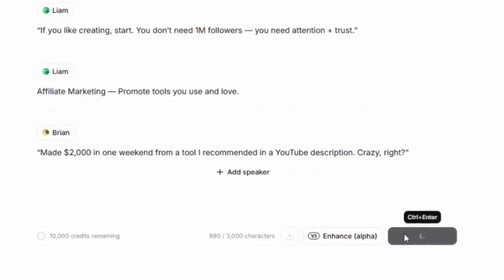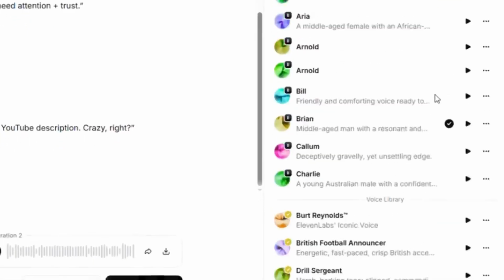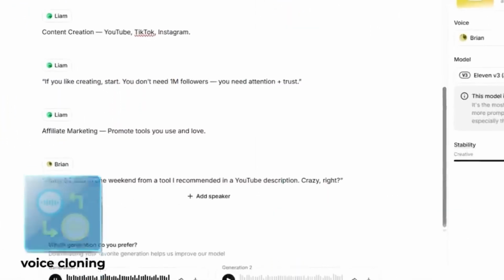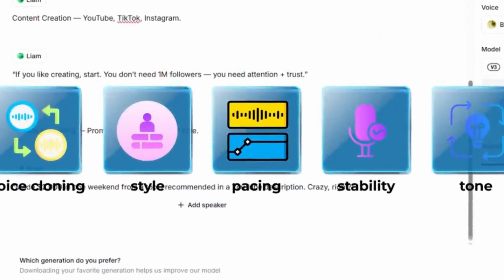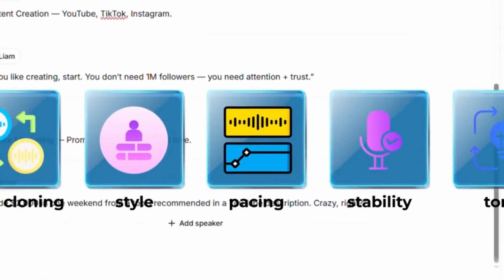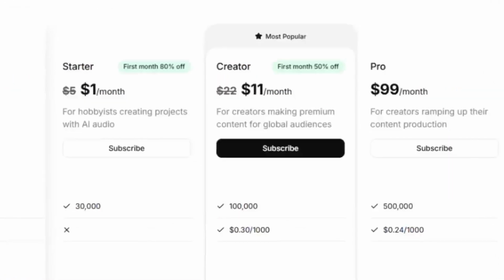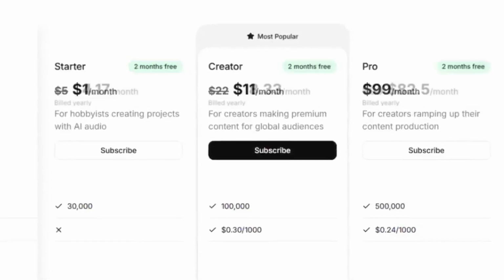Also remember, you can change your voice anytime. AI has male and female voices you can choose from. ElevenLabs also has settings like voice cloning, tone, style, stability, pacing, etc. But these aren't always necessary. The default settings work great too. If you want to unlock the full power of ElevenLabs and take your YouTube automation to the next level,